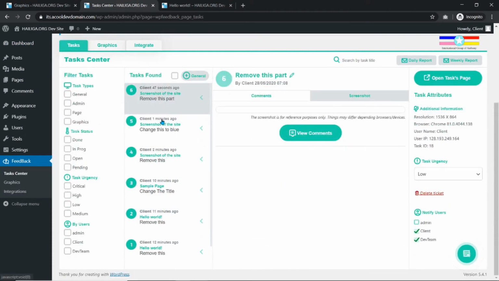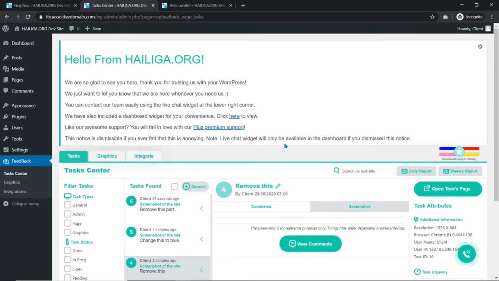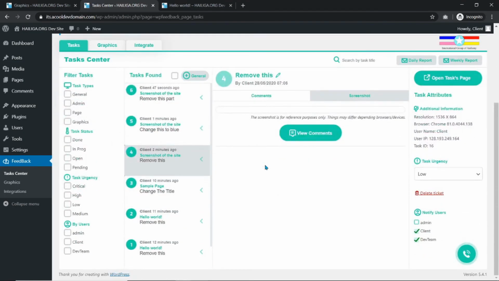Now this is pretty much all about the reviewing process, so you can go ahead and work on the review,